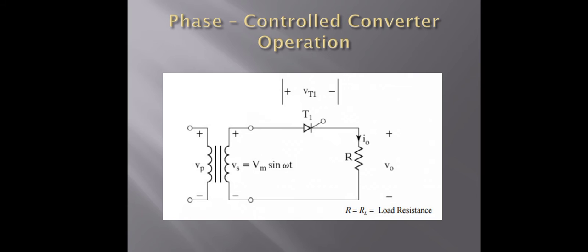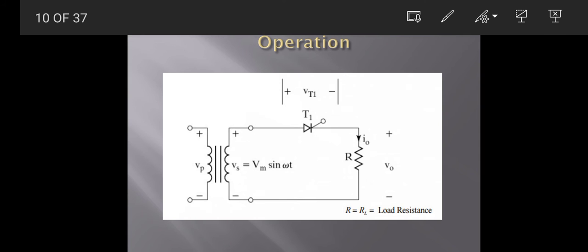It shows the waveforms of input voltage, output voltage, load current and the voltage across T1. This converter is not normally used for frequency variations. This explains the working principle of the single phase thyristor converter. The lowest frequency of output ripple voltage is Fs, the frequency of the input supply.